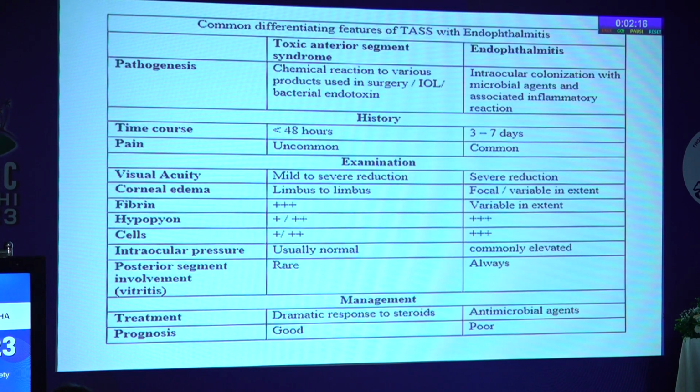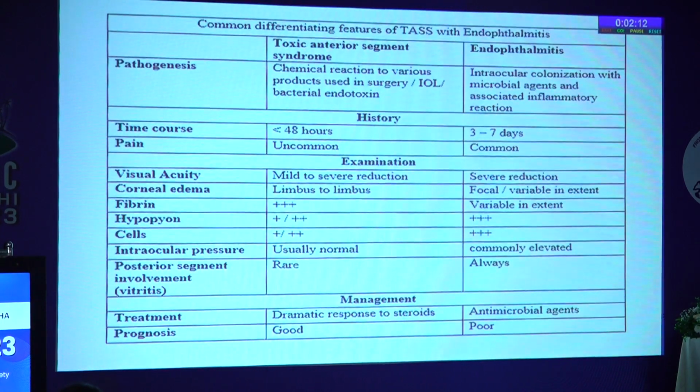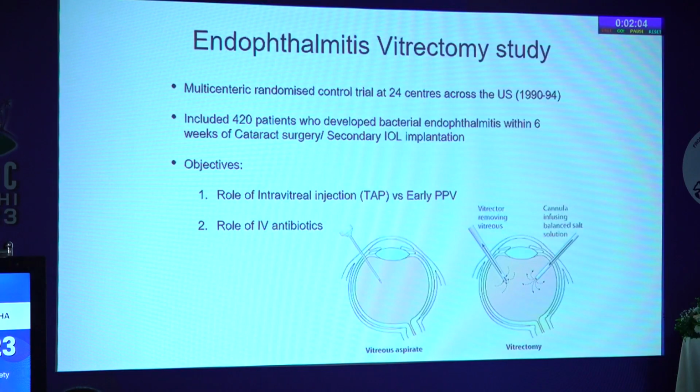and that will go in favor of toxic anterior segment syndrome. And there the mainstay of treatment is steroids, cycloplegics, and anti-glaucoma medications. And usually the patient responds well within 7 days, unless there is a very high grade of inflammation. So in endophthalmitis, the talk can't be complete without taking the name of the Endophthalmitis Vitrectomy Study, and